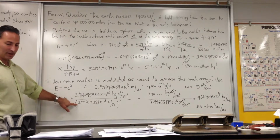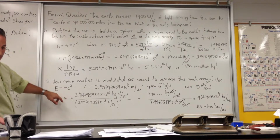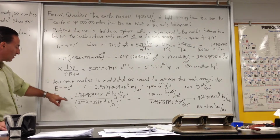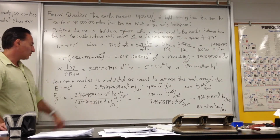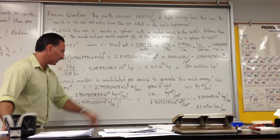I looked at the speed of light in my calculator, and I got it from the embedded constants in the calculator. It's the first constant you can find. So it's 2.99792458 times 10 to the 8 meters per second. I square the speed of light,